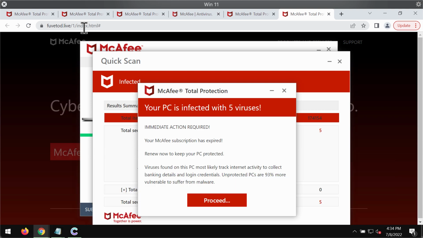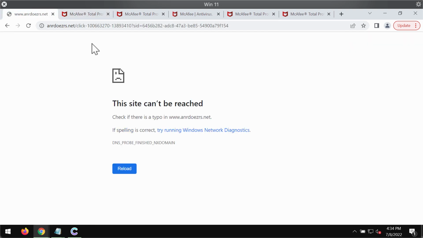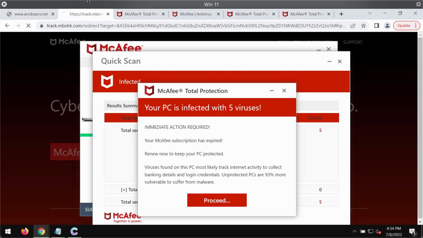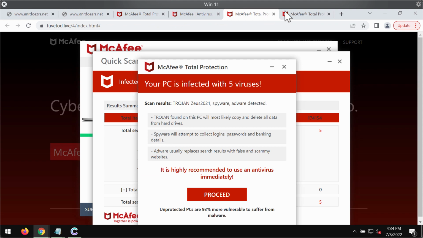They claim that my PC is infected with 5 viruses. These pop-ups may also display some other misleading messages that try to encourage people into clicking on this proceed button. So the purpose of these pop-ups is to scare people into interacting with them. Then after people click on that proceed button, they get redirected to some other junk sites that may promote some